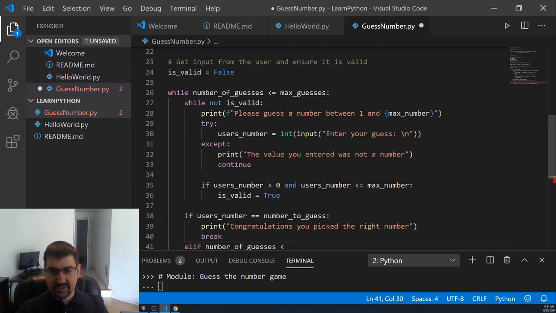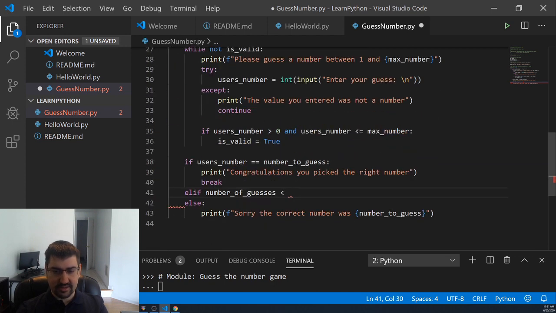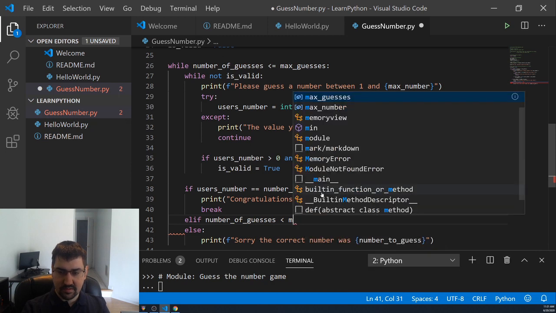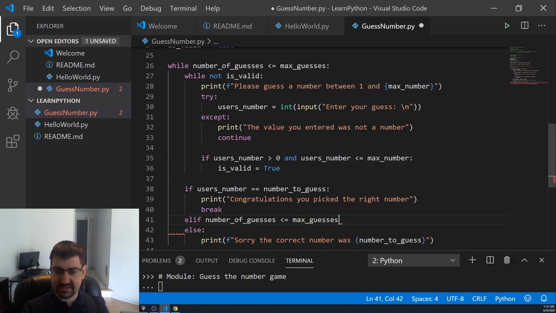So I'm just realizing we're checking number of guesses here, and we're also checking number of guesses here. This isn't the most efficient way. You can maybe store a Boolean flag like keep playing, and then you can set this. But we'll continue on with this logic. If number of guesses is less than or equal to max guesses,